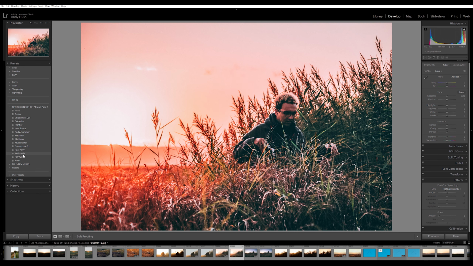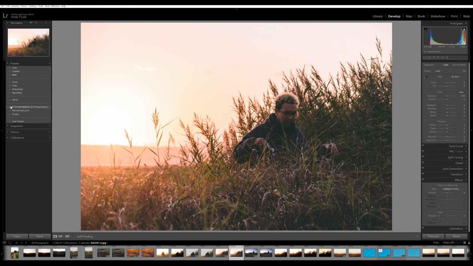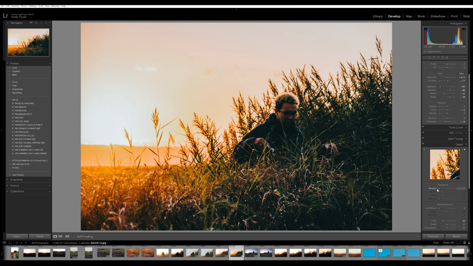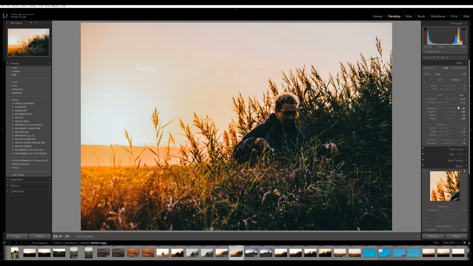What I'd advise to do with presets is start with one and then make adjustments yourself. So if I come down to Pirate Life, which I know is one that I quite like, it actually adds the adjustments from the preset onto the image so you can still play with them. So what I'm instantly going to do is pull that grain back off because that's a very stylized grain and I don't want that. Then we're going to go on to detail and we're going to try to pull the sharpening back as well because again, I don't want that. This image is a little bit noisy, so I'm going to pull some noise reduction on just to kind of flatten out these parts of the image,